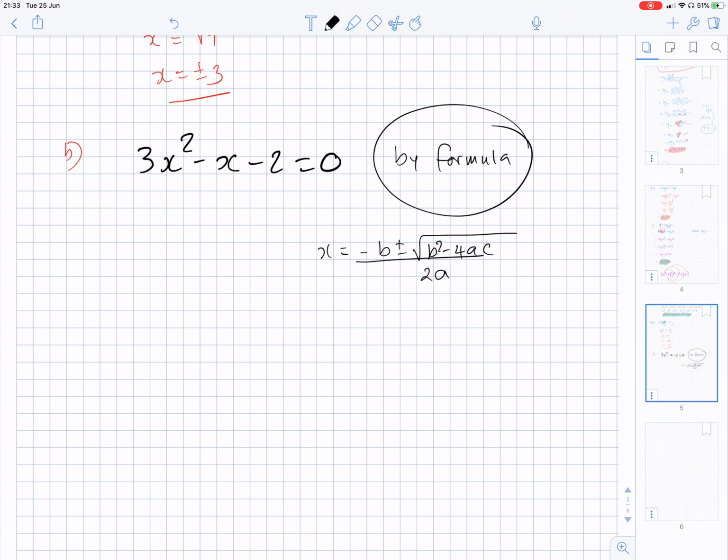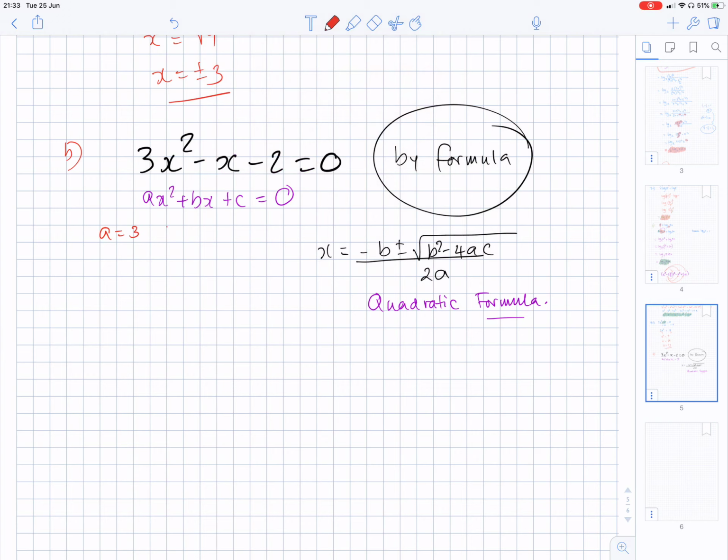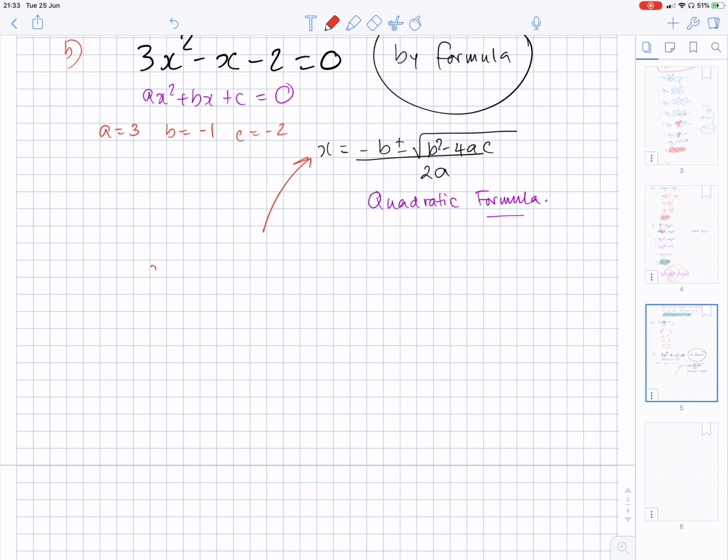So you take this equation. The form for this equation is ax squared plus bx plus c equals 0. This is called the quadratic equation, or the quadratic formula. That's what they mean when they say do it by formula. So it means that a equals 3, b equals minus 1, c equals minus 2, and we put them in this equation. So x equals